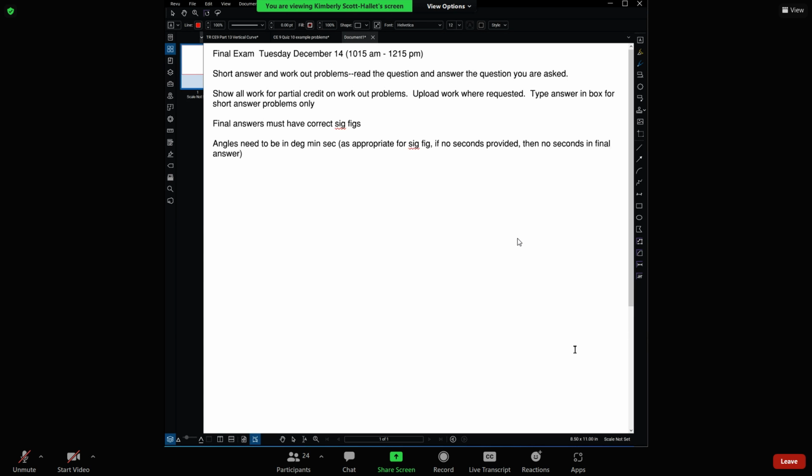Okay, that's kind of it. Oh, one more thing. I have not written your final yet. I don't know how many points it's going to be worth exactly. I don't know how many problems it is. But the total number of points is going to be approximately, not exactly, approximately 70 points. So it might be 65, it might be 75,